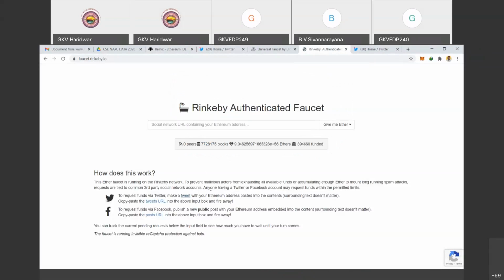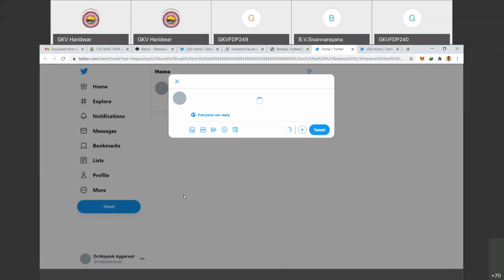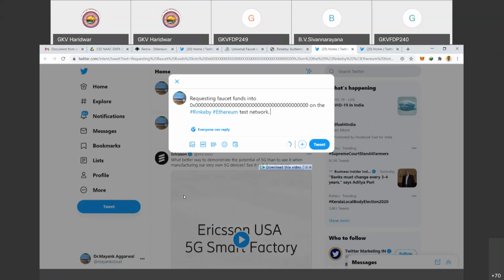Okay, hold on. How we got this message is from this faucet.ringby.io. Go back to this website faucet.ringby.io. There is a link which says make a tweet. You can see the cursor, make a tweet. Just click on this link. Because you have already logged into Twitter, this screen will automatically open. As soon as this screen opens, choose this address and replace this address with